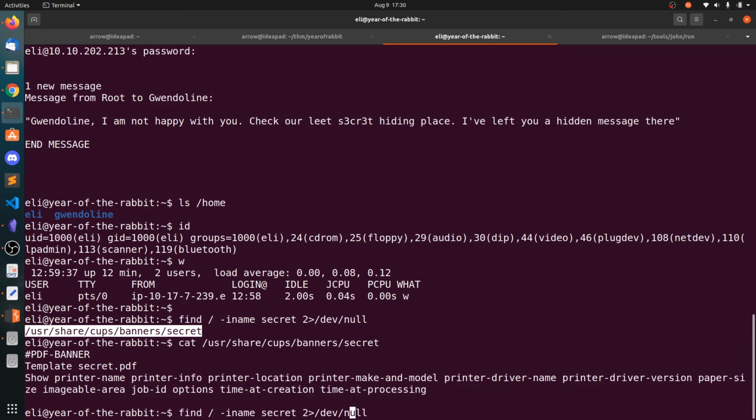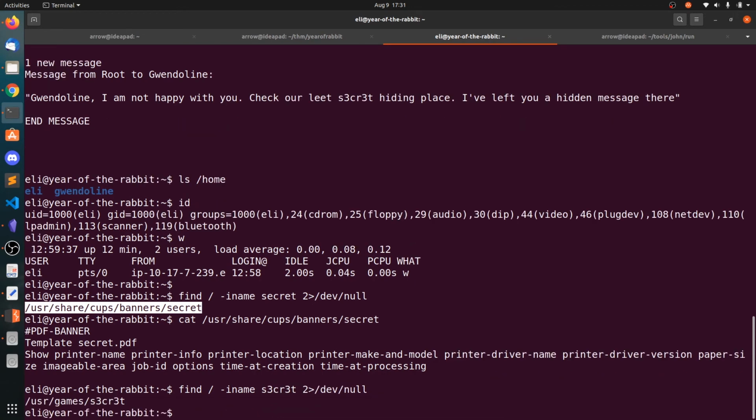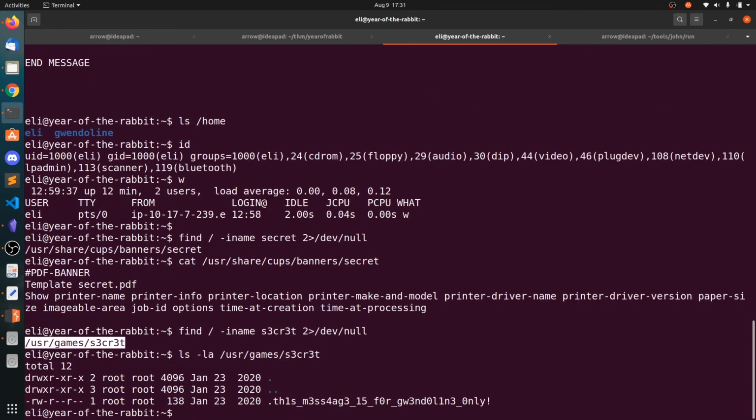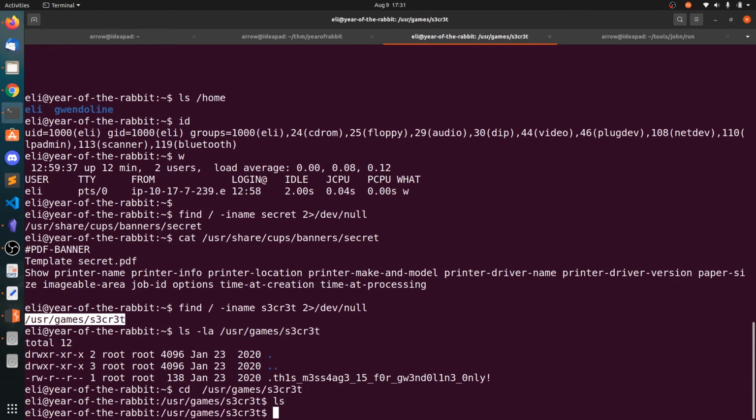I think it's normal, it's not our file. Let's change this to S3. Okay, now you can see there is a /usr/games/secret. Let's see whether it's a folder. Let's go.